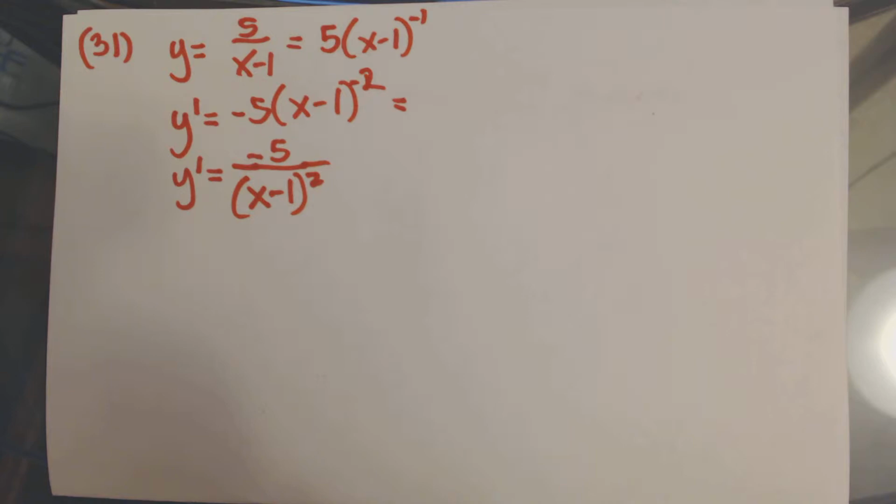All right, and the thing about this problem is that the critical value, so we don't have a critical value because the only value for x that would lead to a 0 leads to a discontinuity in the graph. Because if x equals 1, then the derivative is not defined